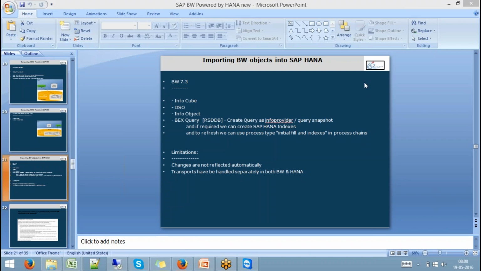Sir, if you want to use navigation attributes, we need to go for a virtual cube. That is the only option, right, sir? We'll come to the other options, but just take it that a virtual cube supports navigation attributes.